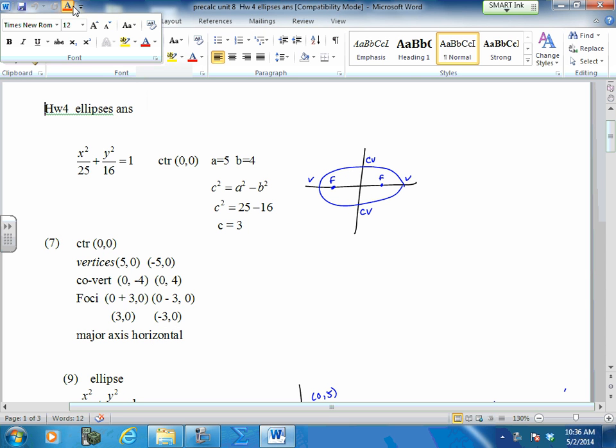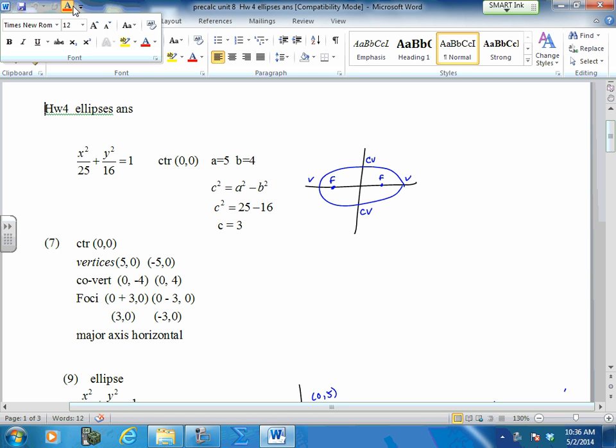Okay, so remember, to identify it as an ellipse, it has to have an x squared and a y squared, and it has to have a plus in between. It's almost similar to a circle because a circle is a special kind of ellipse. So when these two are equal on the bottom, we have a circle. It goes